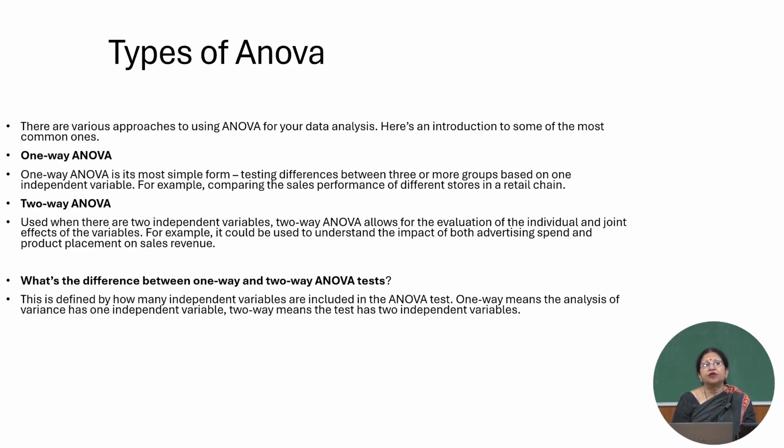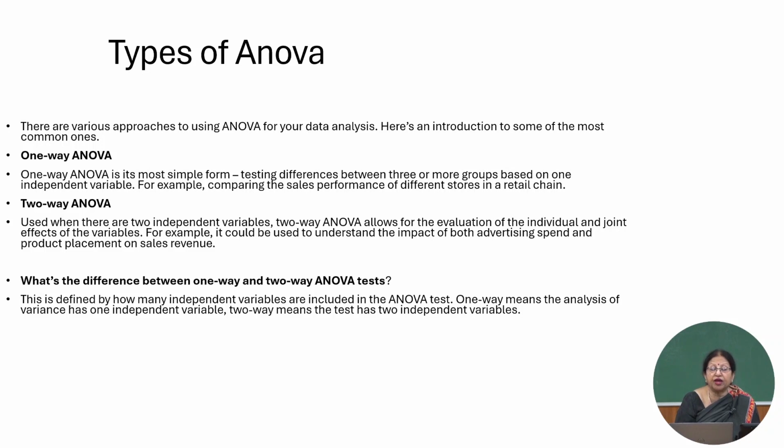Now you have, say, McDonald's. You have McDonald's in Connaught Place, you have McDonald's in some other place, and you have one on the IIT campus. How is the sale of all these? If you have to make an average, if you have to make a statistical analysis, then that is one-way. You're just looking at the sales of this retail shop.